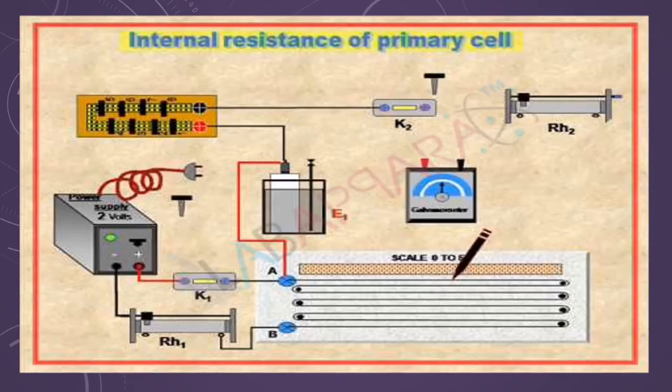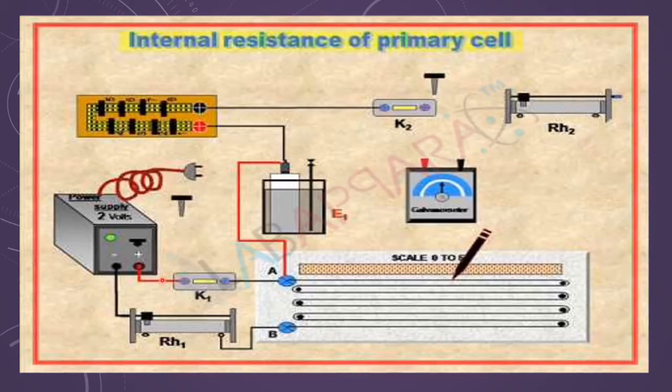The next application, the third application, is to find the internal resistance of a primary cell. Now for the internal resistance of a primary cell, the requirements are, of course, the resistance box. Now I need two one-way keys. A one-way key is here in the basic circuit with the rheostat here. If I am not changing the position of the rheostat, then of course the current will be the same. So in the experiment I may join an ammeter, or I may not.